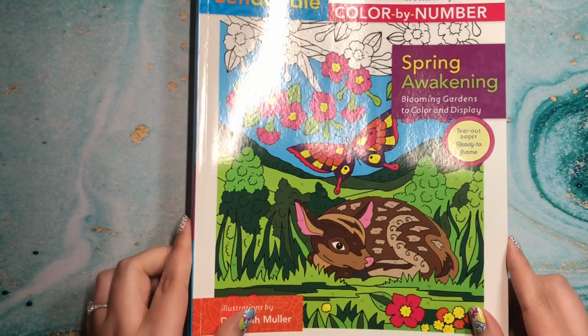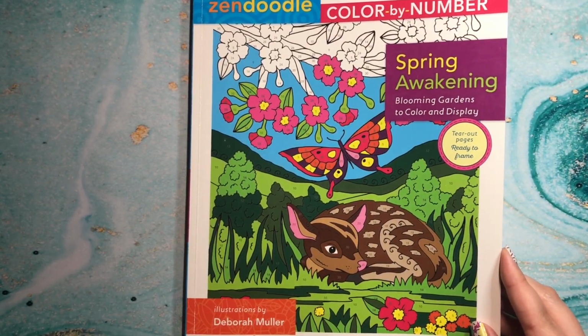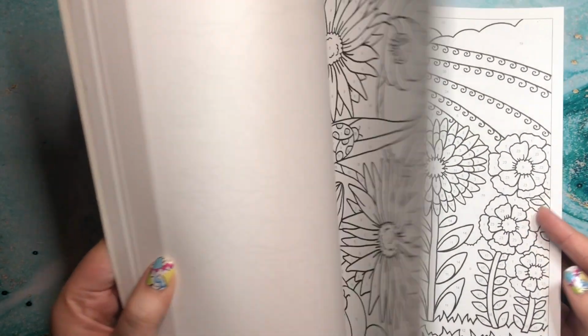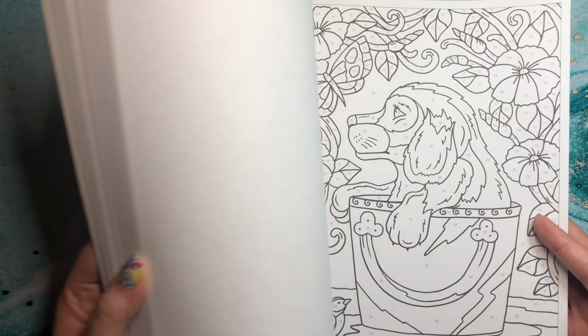And I've already colored in this other Zendoodle book. This is Spring Awakening Color by Number by Deborah Muller. And I've been seeing this one around a little bit. But of course I love Deborah Muller and I love Color by Number, so this was a no-brainer to pick